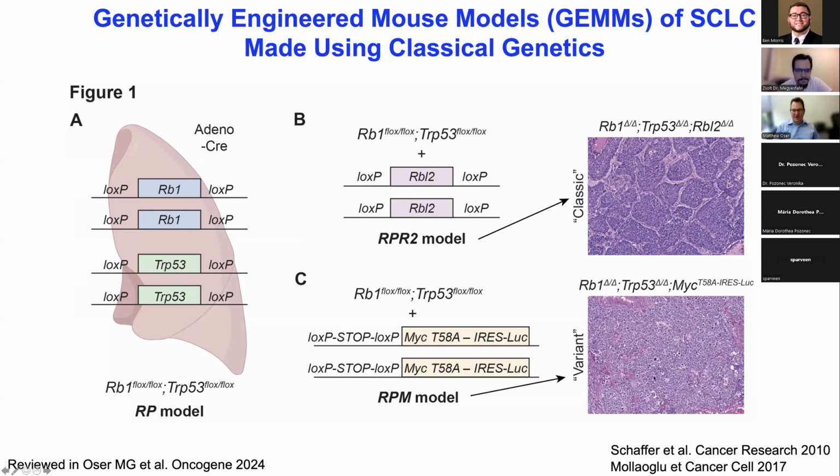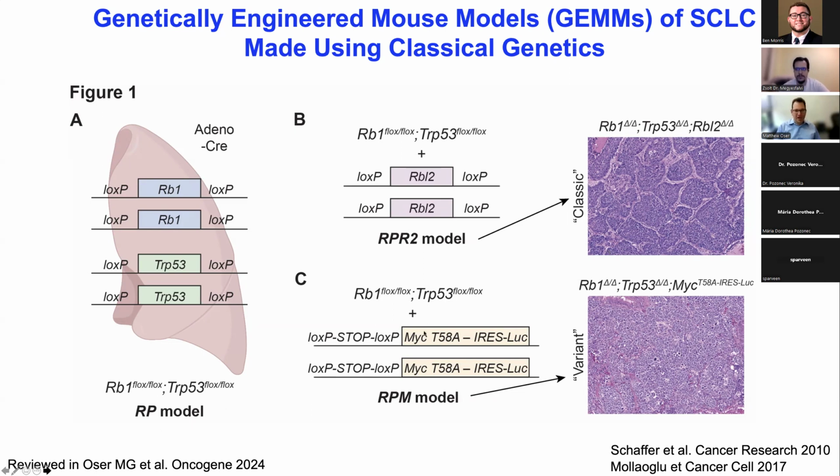But the variant histology in mice is associated with more a NeuroD1 subtype. And Trudy's lab, in subsequent papers, has shown that these undergo lots of plasticity, not only to form NeuroD1-positive tumors, but then to evolve into more non-neuroendocrine states. And so I think classically, really, these are the three classic genetically engineered mouse models that the field has been